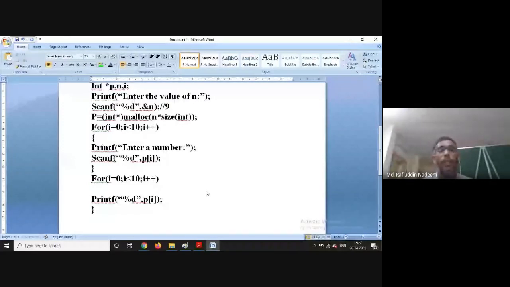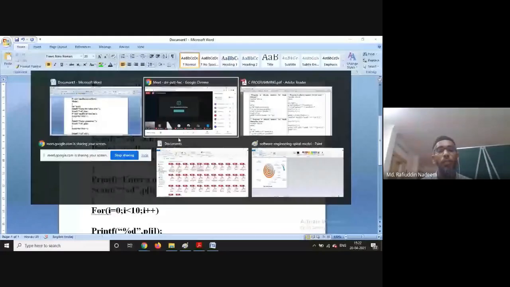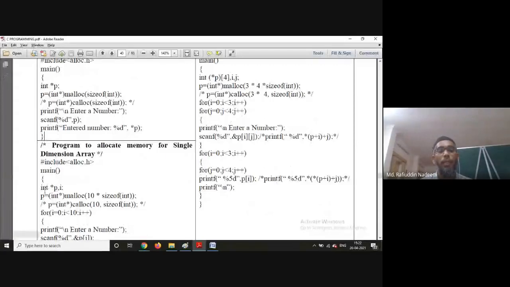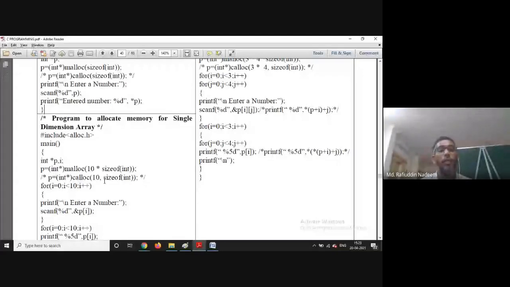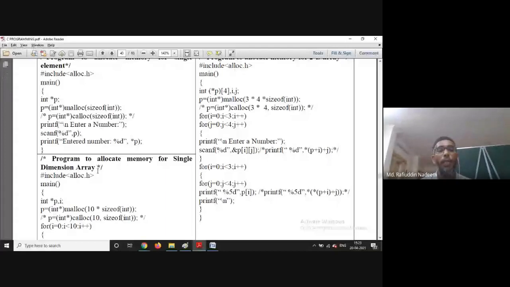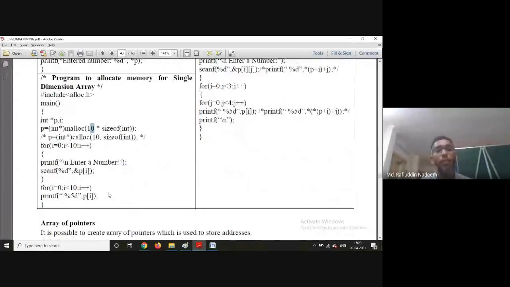Got it? So like this, we can create an array of size n here, and we can enter the values. This is how you can use it; it can be done using the malloc function. Here, p is equal to int star malloc of 10 into size, because here you are going to store 10 elements. So directly I have given 10 here. If it is n elements, you can scan the value like I have just done, then you need to give n here, and then you can allocate. After the allocation, you can use that memory.